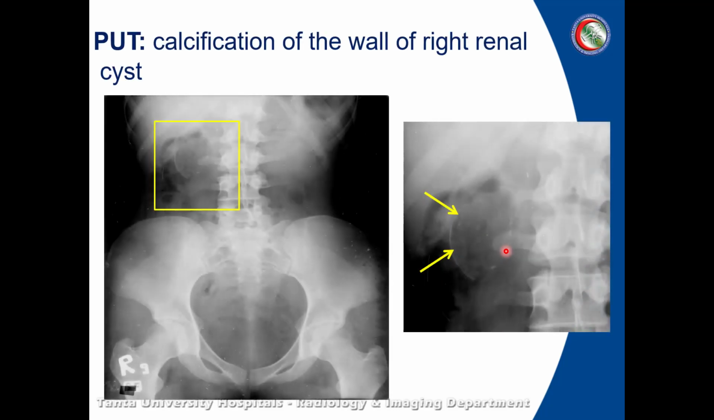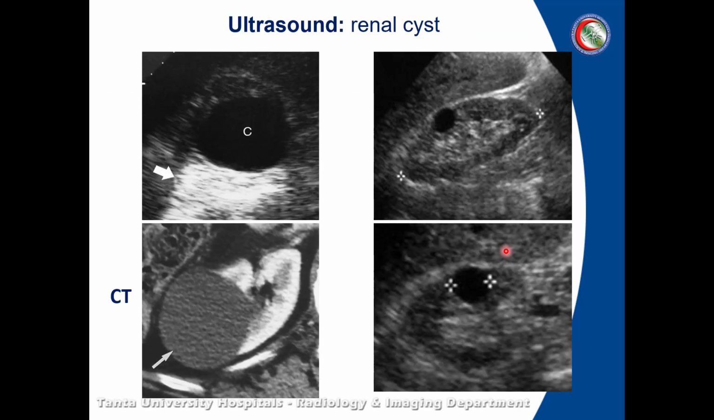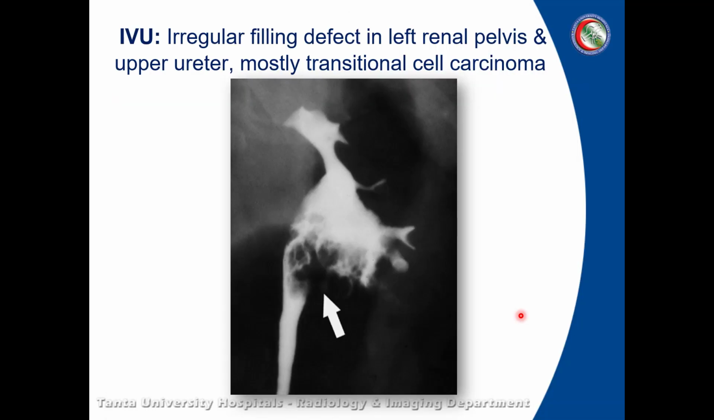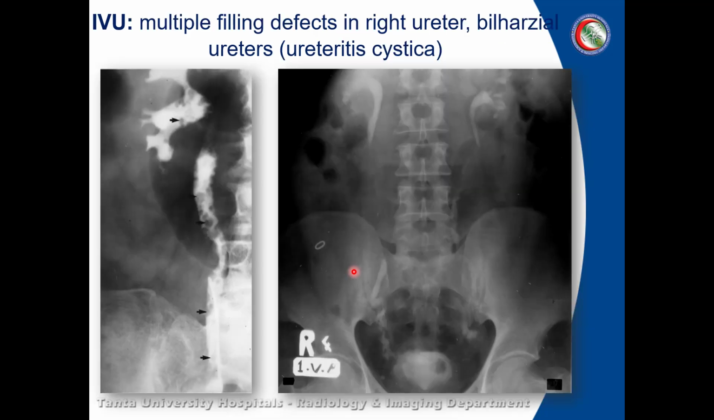Calcification in the wall of the right renal cyst, ultrasound of renal cysts, CT of renal cyst, ultrasound of renal mass and CT of renal mass, IVU showing irregular filling defect in the renal pelvis and upper ureter, mostly transitional cell carcinoma, IVU showing multiple filling defects in the course of right ureter, bilharzial ureter or ureteritis cystica,